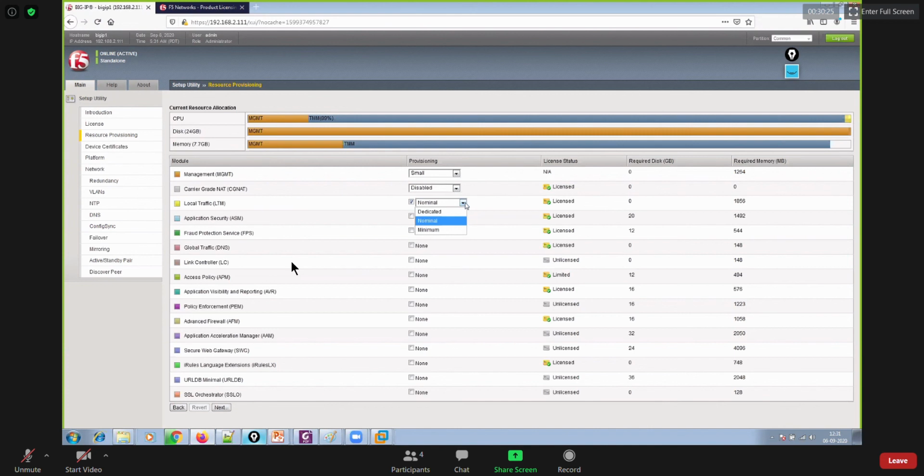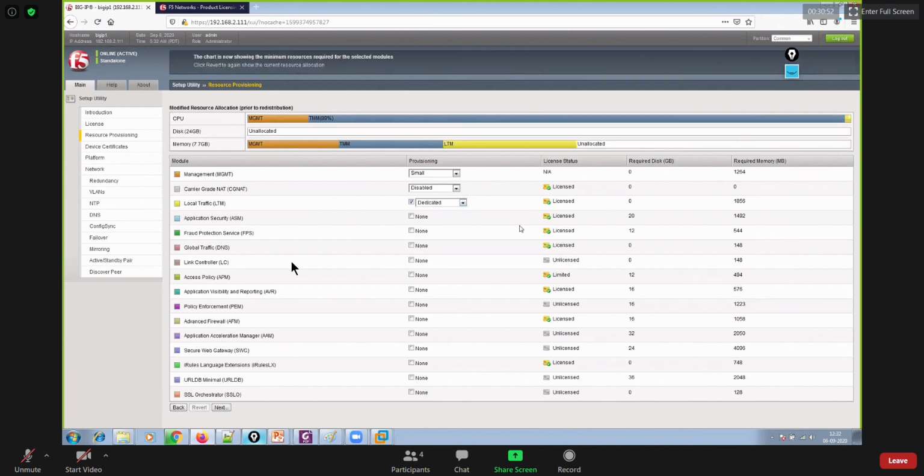So nominal is better, but in case you know very well that this Big IP is gonna be utilized only for LTM, then go for dedicated, because then the entire resources of this box will be utilized only for the LTM function, only for the LTM services, right? Nominal is fine, but you could also go for the dedicated, but don't go for minimum, right? Dedicated means all the resources are allocated for LTM services. So dedicated or maybe nominal, like that.